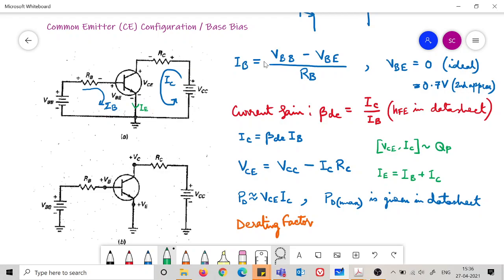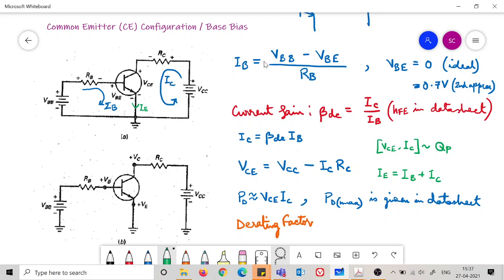So technically PD is not equal to VCE times IC, but it is very close. We can approximate it as VCE times IC. Why? Because IB is negligible. IB is very small compared to IC. So this IE you can approximate to be IC for all practical purposes, and this PD is VCE times IC,